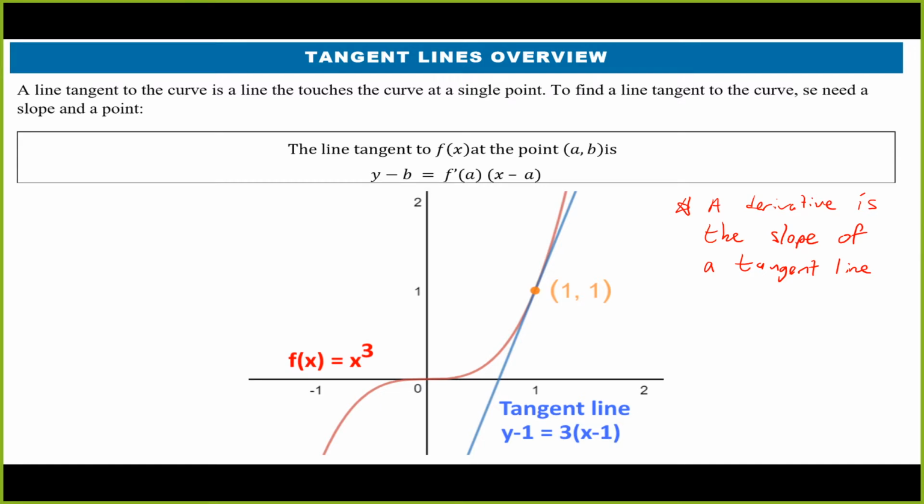A tangent line is a line that only touches our function at one point. So if I was going to draw a line with the same slope that our function has at this point at x equals 1,